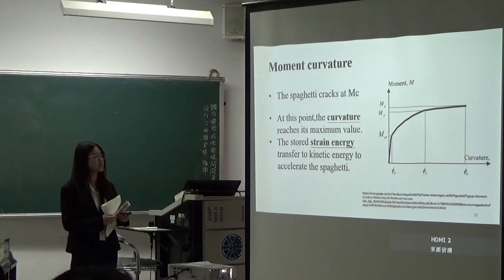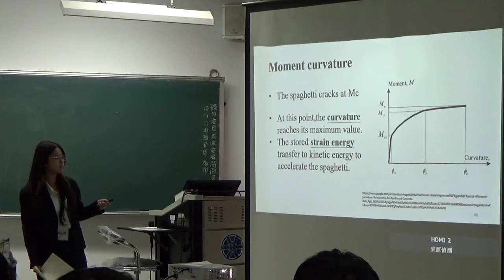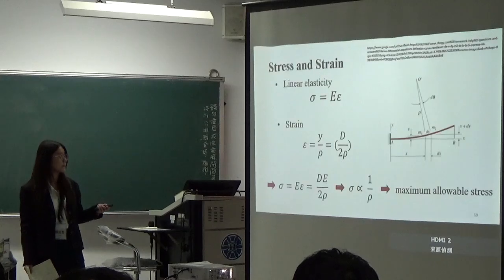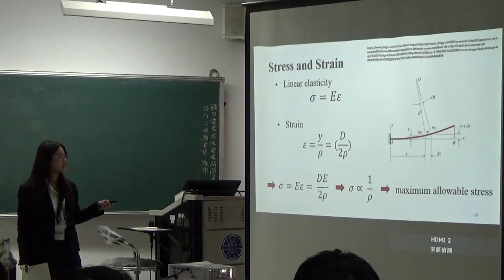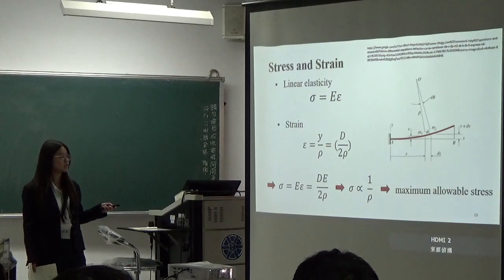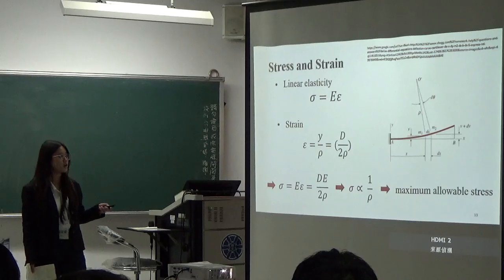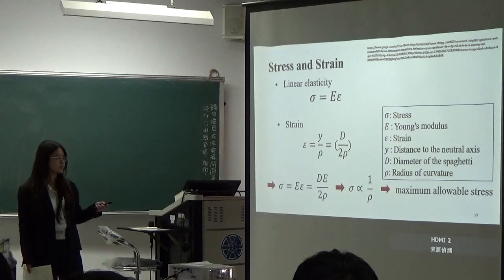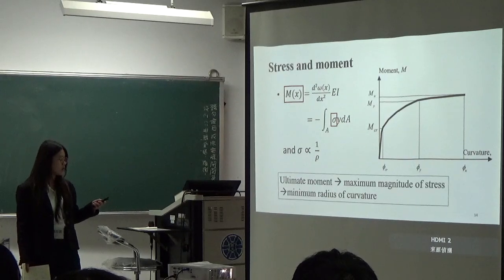The x-axis is phi_cr, which means the curvature, and the y-axis is the moment. This one is in the linear elasticity region, and this one is the strength. We put in a result, which is the maximum allowable strength. This picture just talks about the curvature of it. And here's the meaning of the equation. Strength and moment, right here as the result, you can see right here and right here. And the meaning is